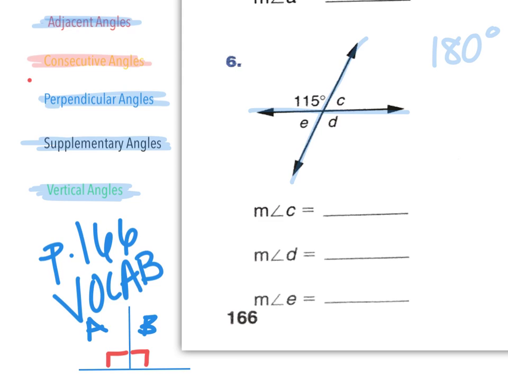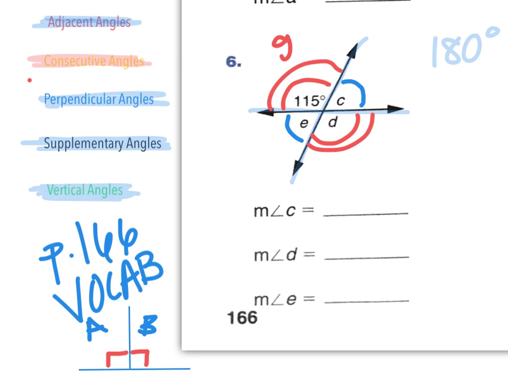Also, I can see that with two lines intersecting, I have two pairs of opposite angles. Angle E is opposite to angle C, and then we'll call this one angle G, is opposite to angle D. So two pairs of opposite angles here. Now, what's really cool about this and what I like about these vertical angles are that with these, I can